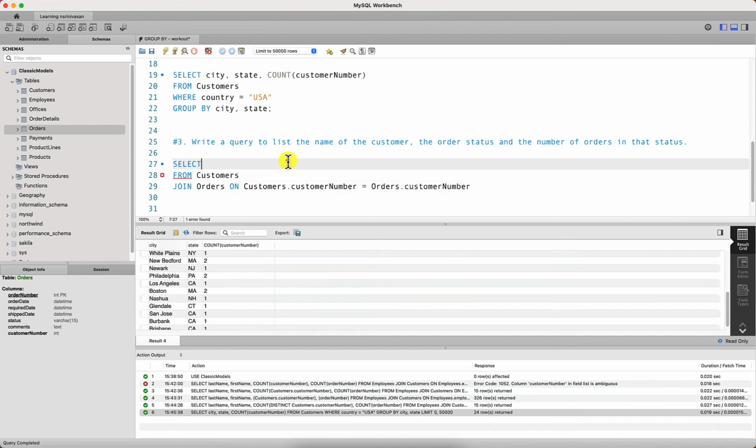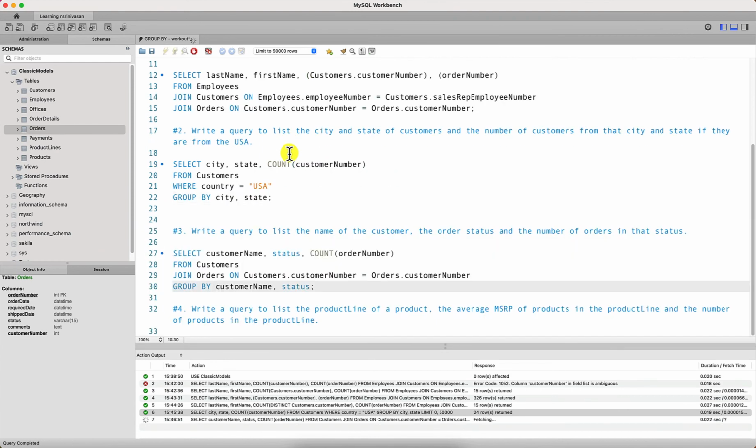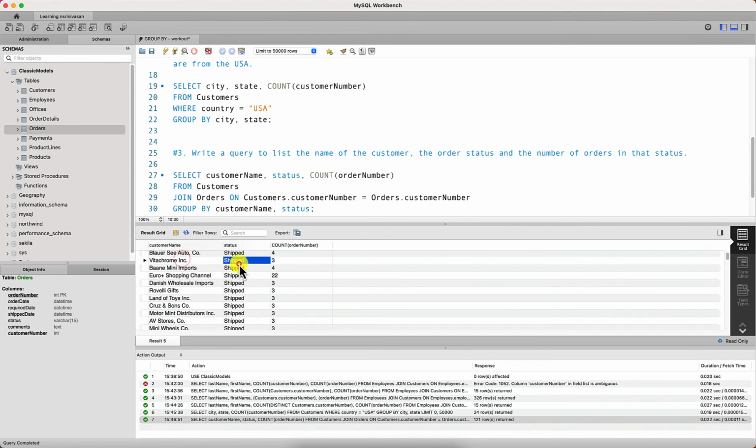And let's go back to select. I want to list the name of the customer, so customer name, and the status of the order. And I want to count order number over here. My group by clause is going to contain the unaggregated columns customer name and status. So this should be group by customer name and status. And if I run this, I see customer name, the status of the order, and the number of orders in